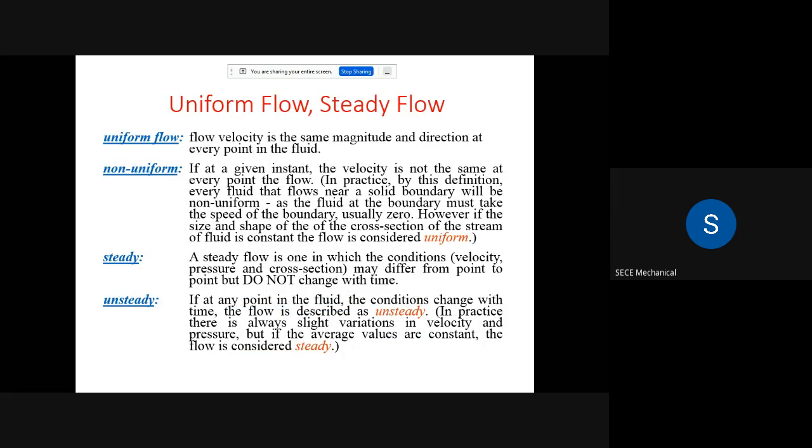So what is uniform flow, what is non-uniform flow, and of course steady flow and unsteady flow. In steady flow, the pressure will differ from point to point, but the pressure does not change with time. It is constant throughout the cross sections. The cross-section area pressure changes, but the pressure will not change with respect to time, right? In unsteady flow, the pressure will keep changing with respect to time, for a period of maybe seconds. So these are the various types of fluid flows.